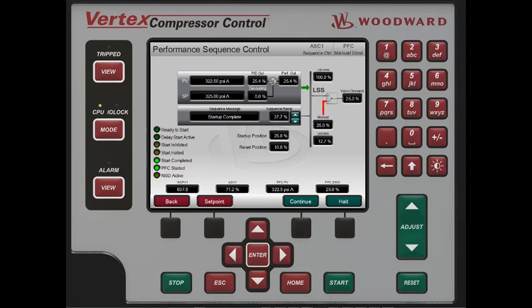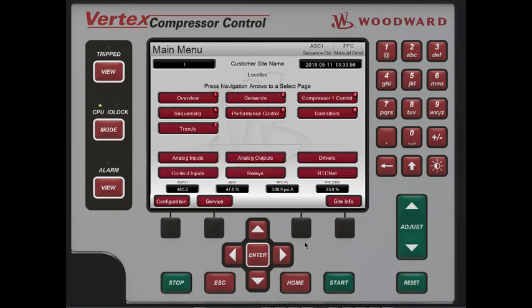And there we received the startup complete. So we have gone into manual demand. Now this is a configuration option. In this example, we've chosen to use a manual start. So once the startup is completed, we just hold that last value and allow the rest of the system to go ahead and stabilize. So here you can see our anti-surge control is under sequence control,